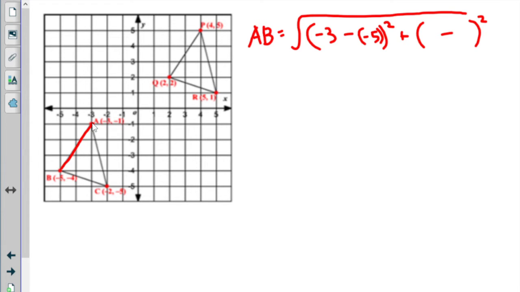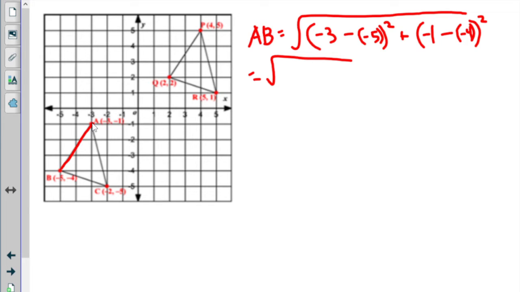The y coordinates here for A and B are -1 and -4. So we're going to take -1 and -4, and subtract them, squared. Equals